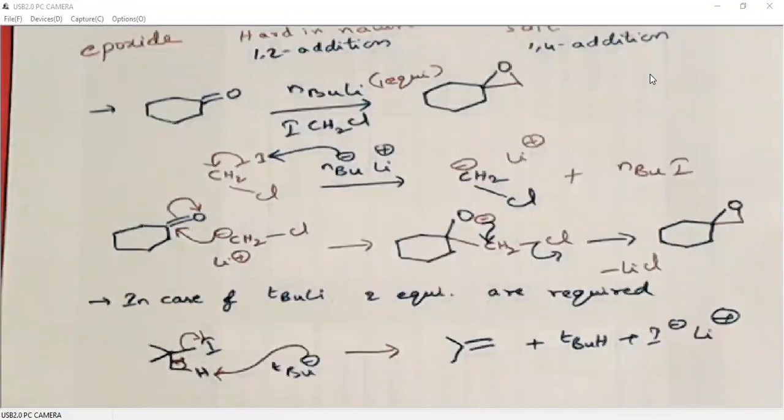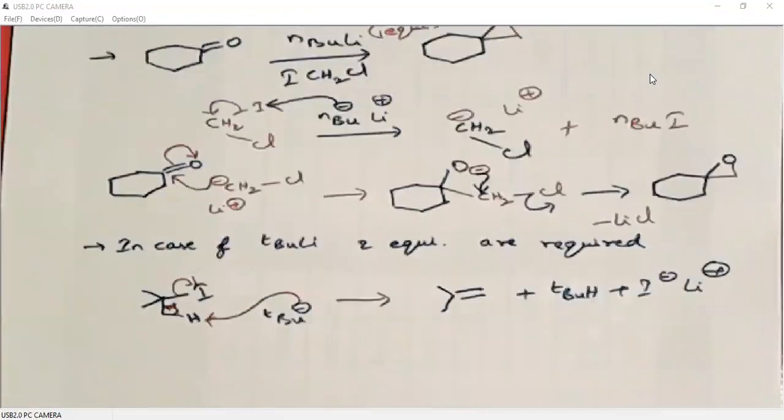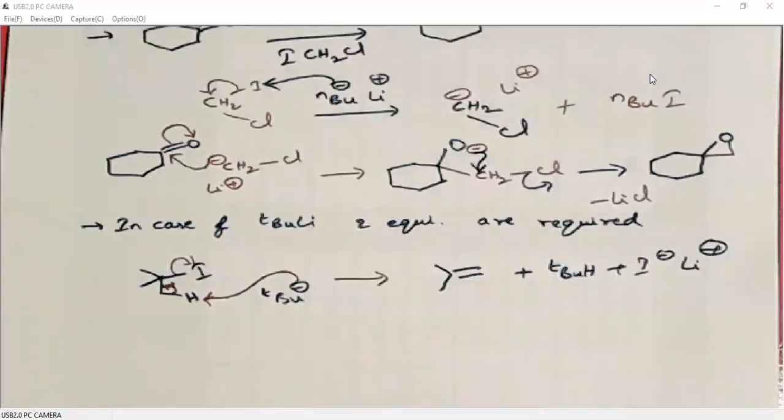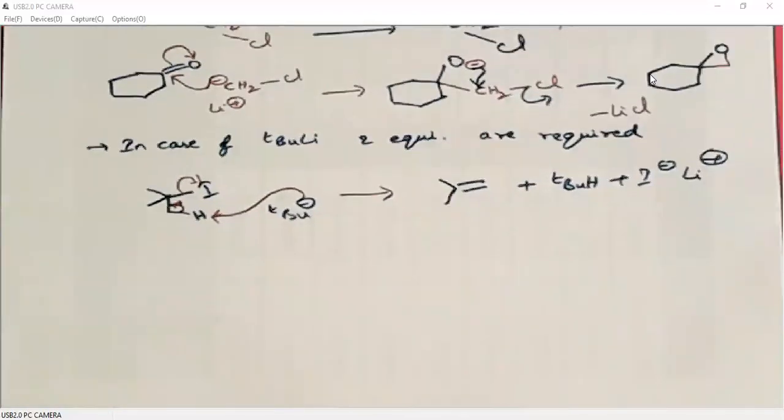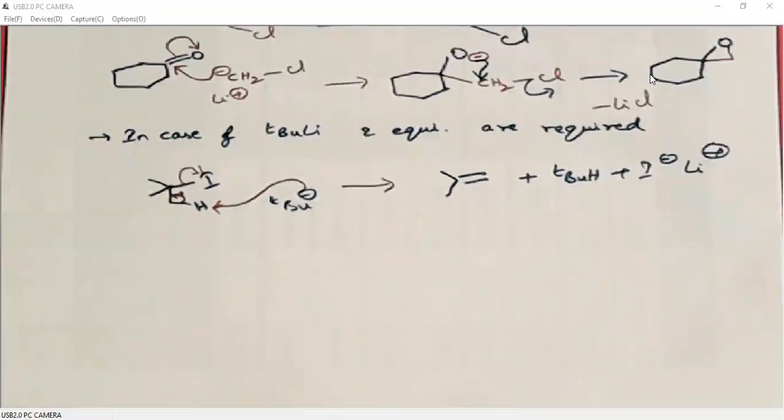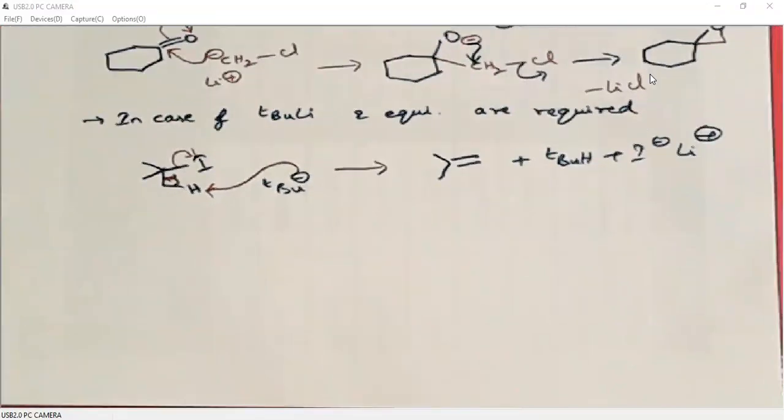And I'd like to tell you one more point. So far what we have discussed are the epoxidation reactions. If an epoxide is there and we give an additional nucleophile, then that nucleophile will attack the epoxide, so epoxide ring opening takes place. Then how do we open the epoxide ring?